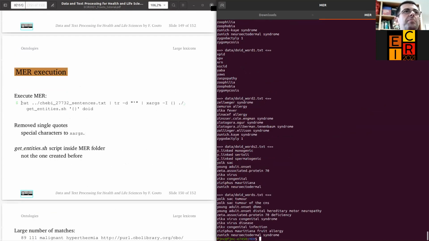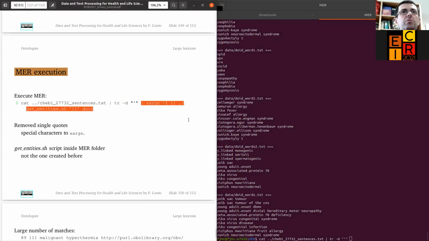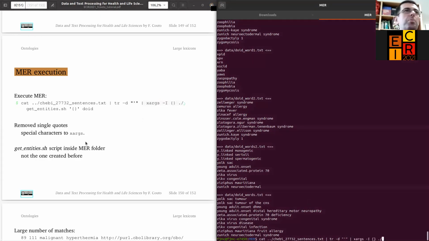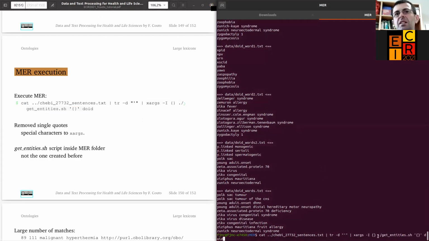So to execute is very simple. We just get our file and remove all the quotes, because quotes can be a problem to invoke this from the terminal. So for each line in the corpus, it will apply the script get entities. Okay, so for each sentence given from the sentence corpus, it will apply get entities and using the DOID files,